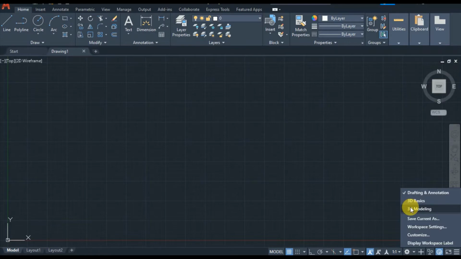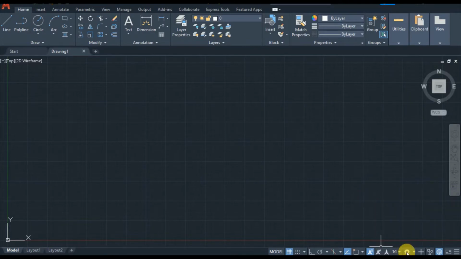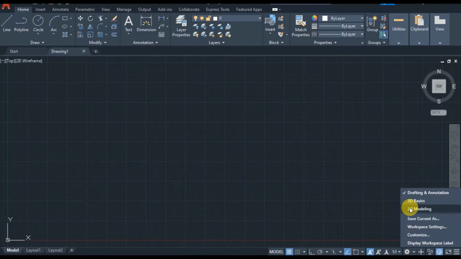You can use any of these workspaces. If you want to work in 2D, we will select drafting and annotation, which is selected by default. And if you want to work in 3D, select 3D modeling.